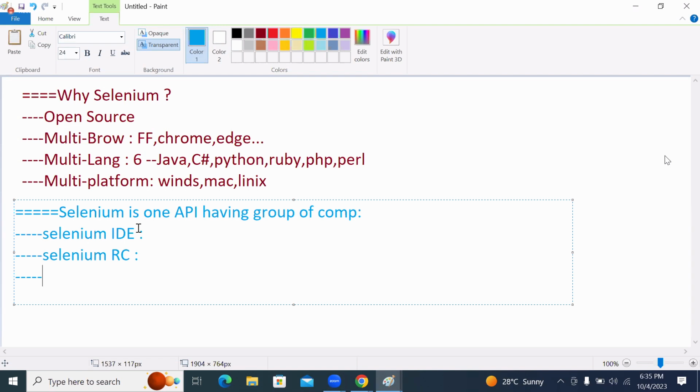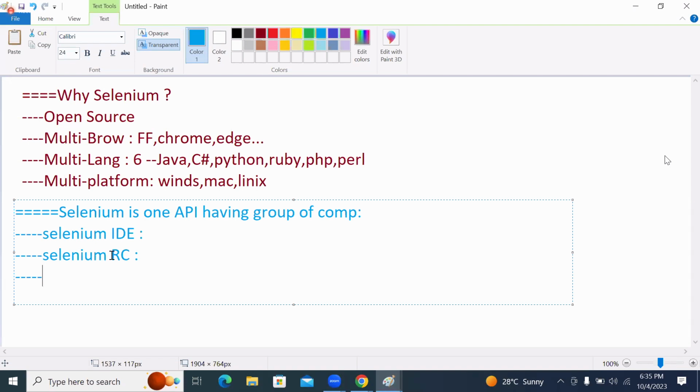Meaning of IDE: Integrated Development Environment. Okay, if I'm taking IDE, integrated development environment,